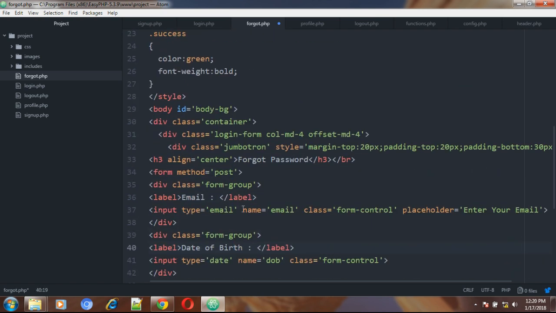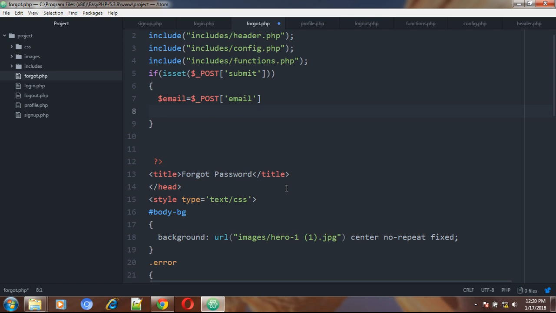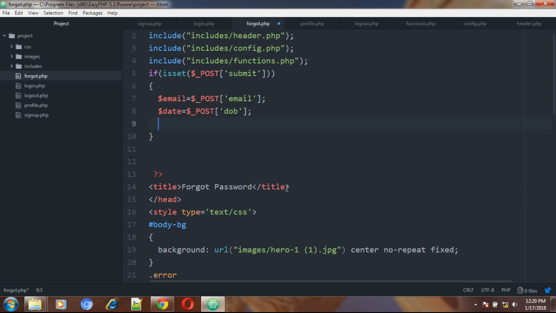So over here, in the mail field we have given the name. And then over here we will take the date of birth. We will take date, and from email, date, and we will take the password